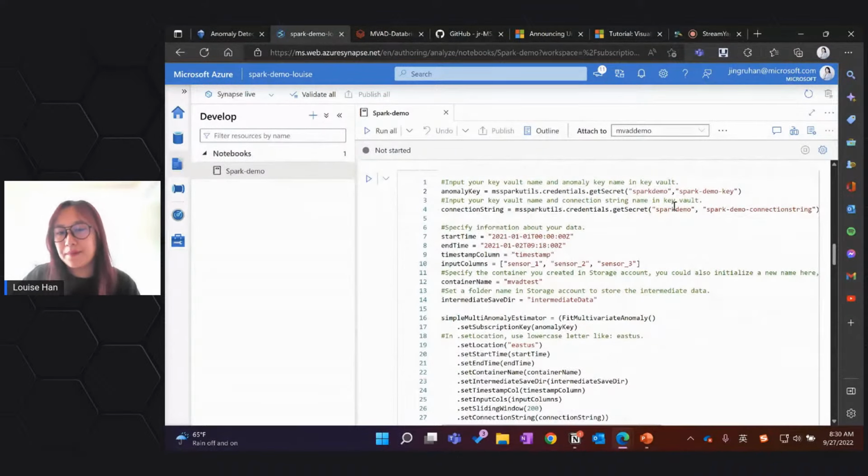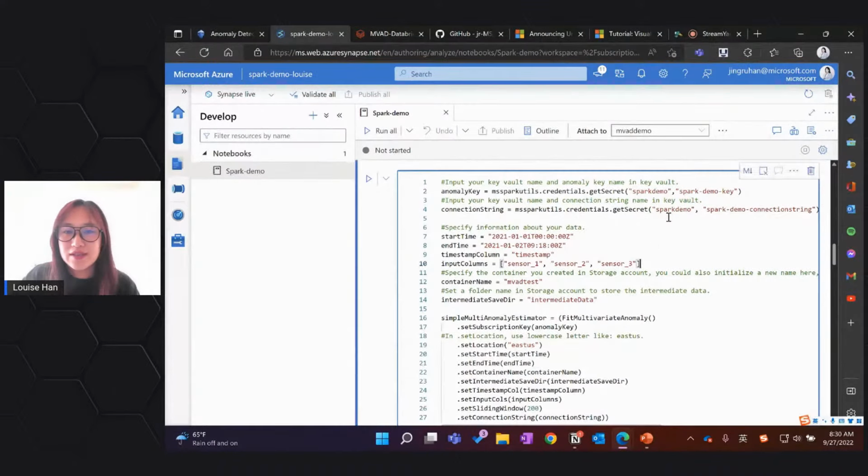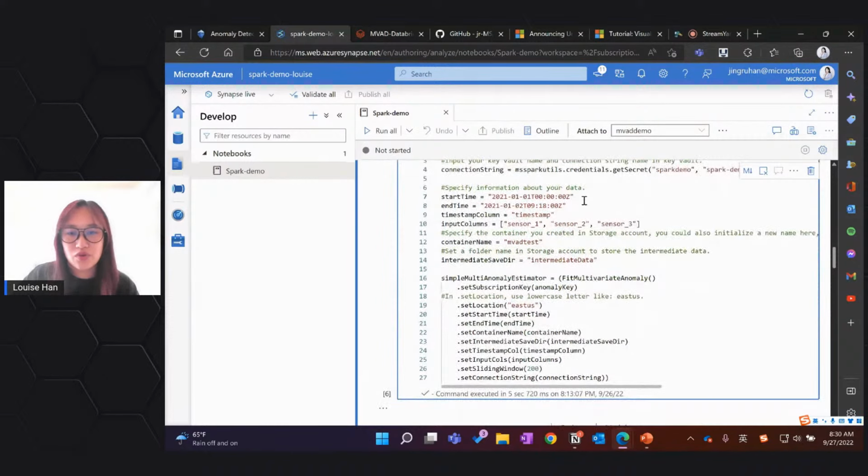of your anomaly detection key or your connection string, and also your data type. So I just use the keyword to indicate and initialize the connection string and key here, and I also specify my information for the data, like the start time and end time that I will train, and also the timestamp column, and I will indicate the input columns, which are all the 3 sensors, and also I will use a container name to store the intermediate data,